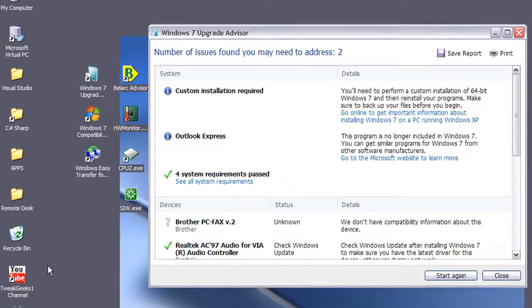It's all about the free tools that you can use before you upgrade. I don't think that anyone has really put any of this information out there yet. But it's really important in order to know what to expect before you take the plunge and make the upgrade. So we're going to be talking about